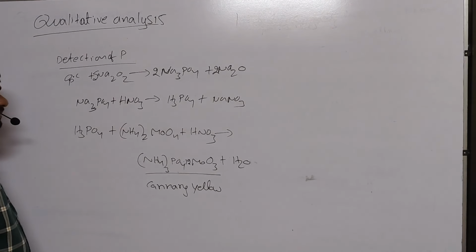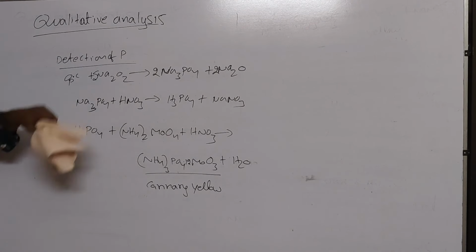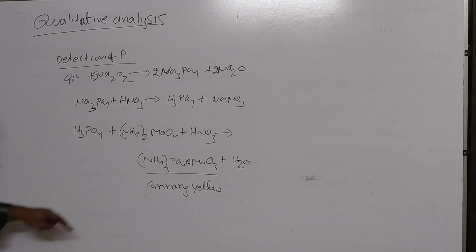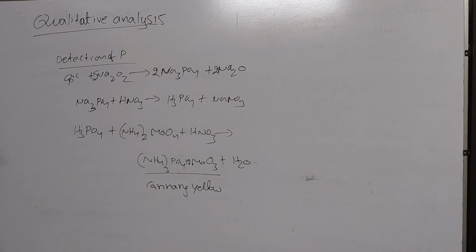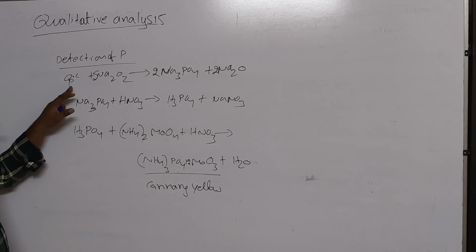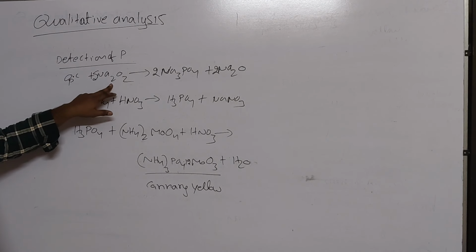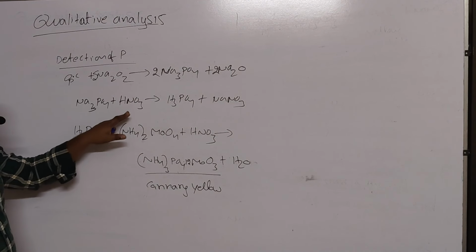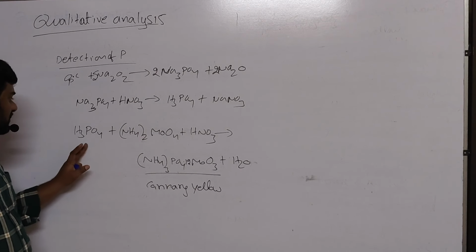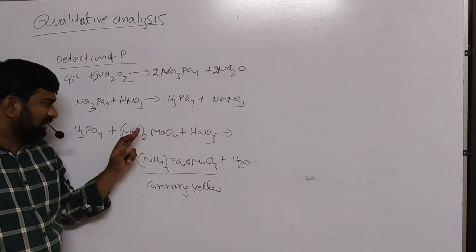This canary yellow color compound confirms the presence of phosphorus in the given organic compound. This is the detection of phosphorus. An organic compound containing phosphorus on heating with sodium peroxide gives sodium phosphate. This sodium phosphate on heating with HNO3 gives phosphoric acid. Phosphoric acid on heating with ammonium molybdate